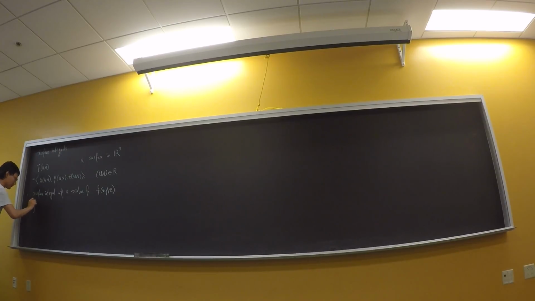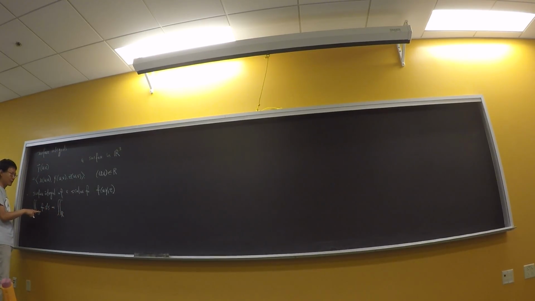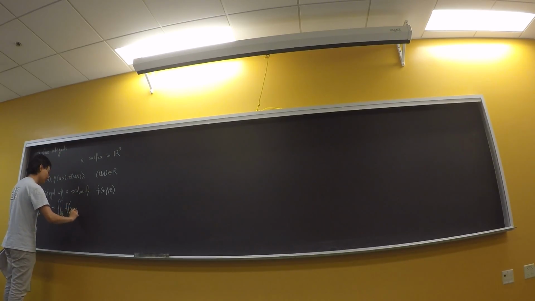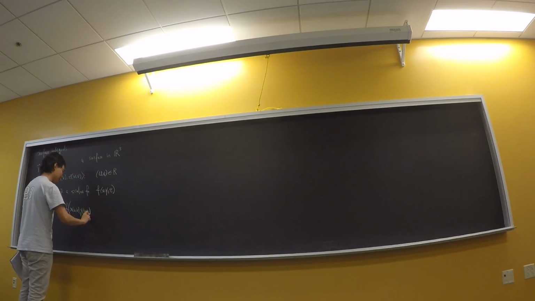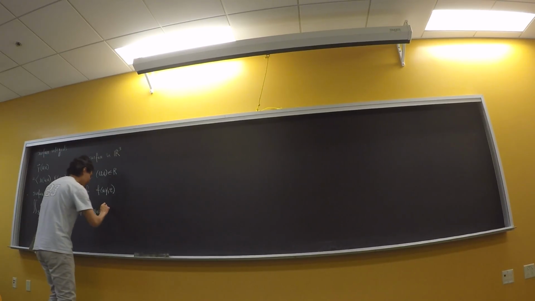Which we denote the double integral of the function f on the surface. Okay? And the formula says we need to plug in u and v for everything. So I need to replace the function f depending on x, y, z to depending on u and v. Right? So naturally I want to use x(u,v), y(u,v), and z(u,v). But also there is an area element because we're doing this integral on the surface, right? Just like the arc length element when you do the line integral. So the area element is